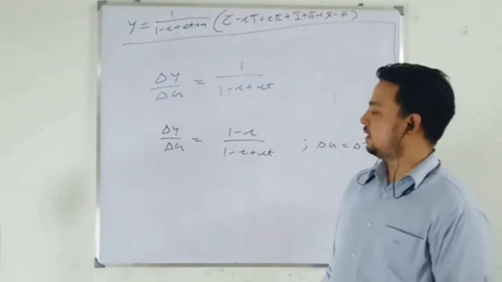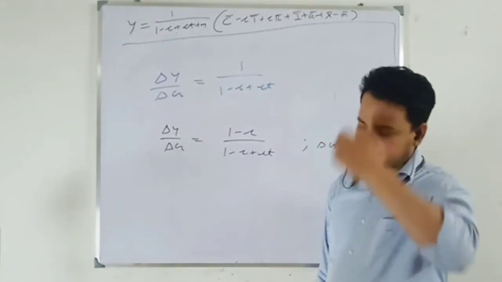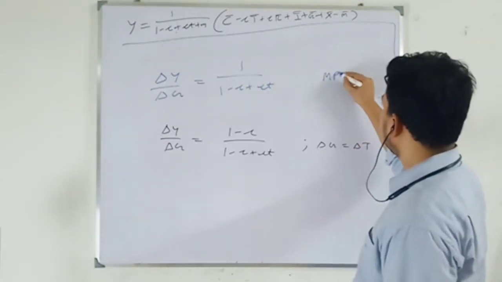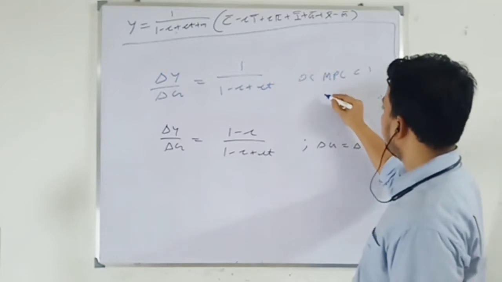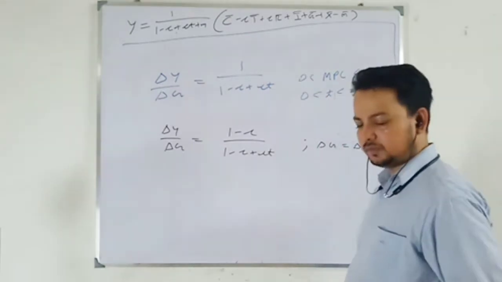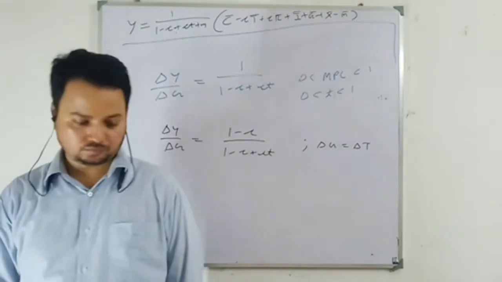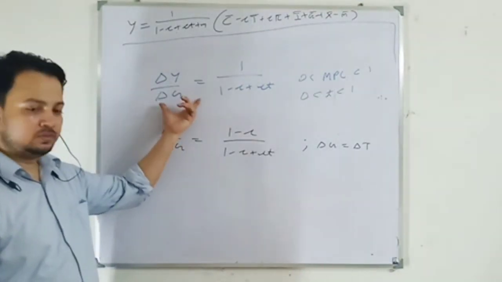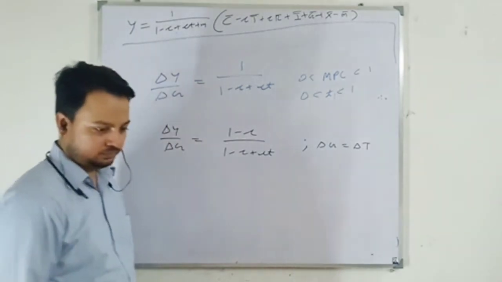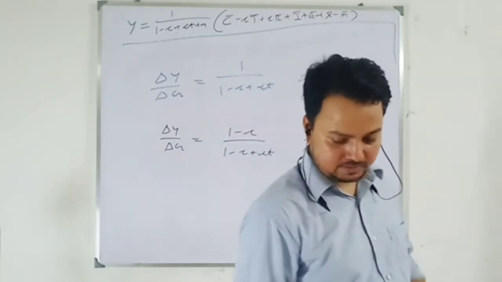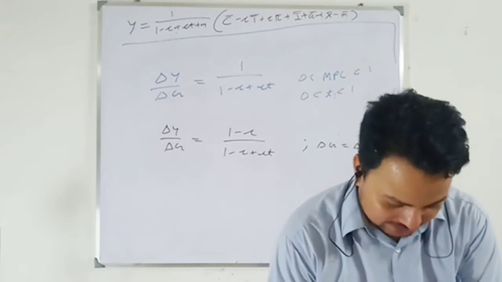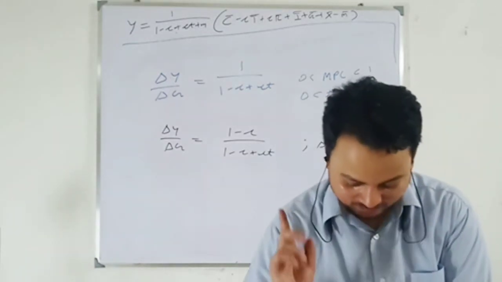Fiscal multiplier remains positive since MPC lies between 0 and 1 and marginal propensity to tax lies between 0 and 1. But it will be greater in the case where balanced budget is not followed. Okay, so this is done, and there is one more question that I discussed yesterday. These are the two questions that my sister has asked me to do while she is studying.